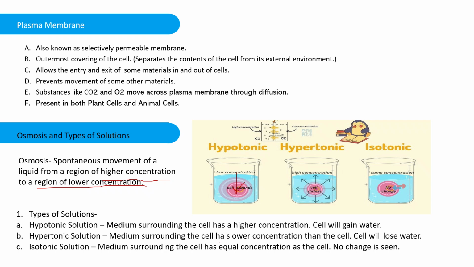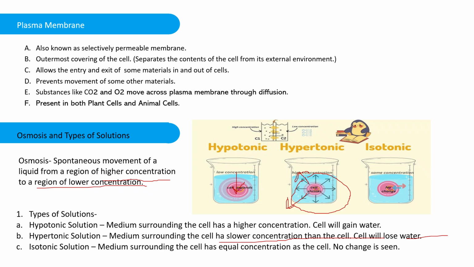Look, lower concentration than the cell. The cell will lose water. As we can see in this example, the cell is throwing out the water. Why? Because the cell has higher concentration than the surroundings, so it will lose water. The best example is if you put a potato in water plus salt. If you add some salt in the water and put a peeled potato in it, the potato will shrink